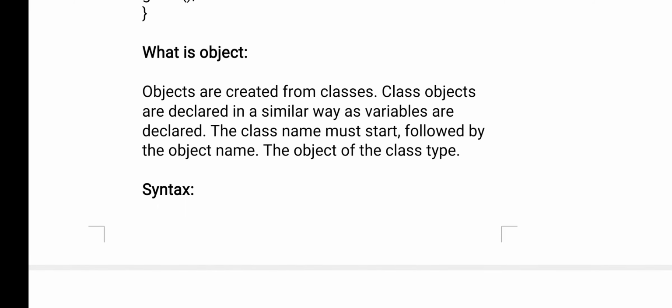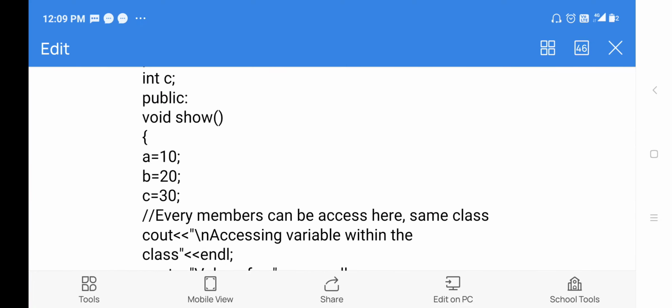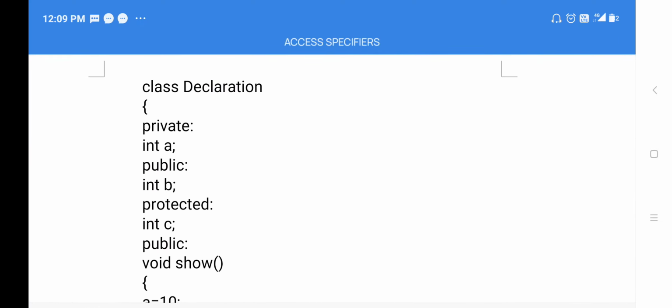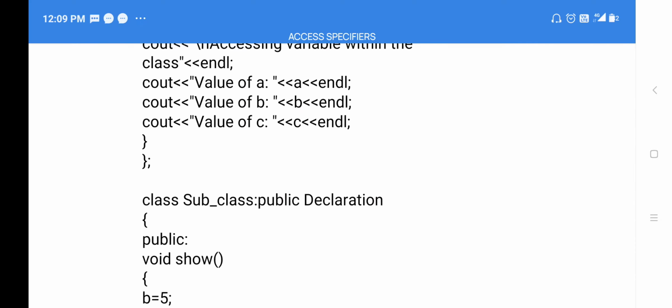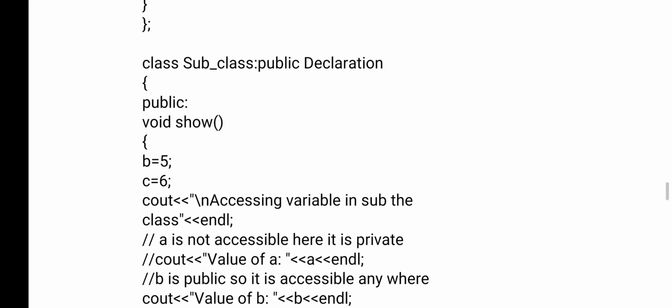Over. Now the next one is, what is an object? I have already explained this in the OOPS concept. An object is an instance of a class. Okay, and it is also called a runtime entity. When you create a class, for example here in the previous one, I have created a class. The class declaration is a class, and see here where it is ending. So when you create the class, that class won't get the memory.